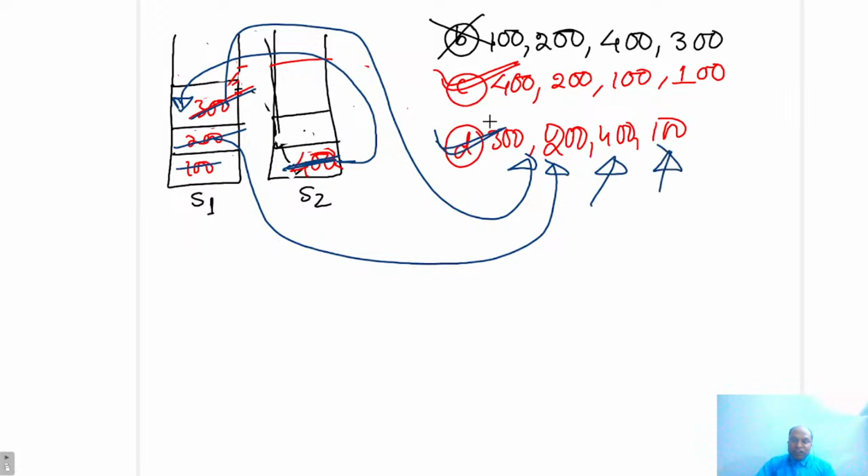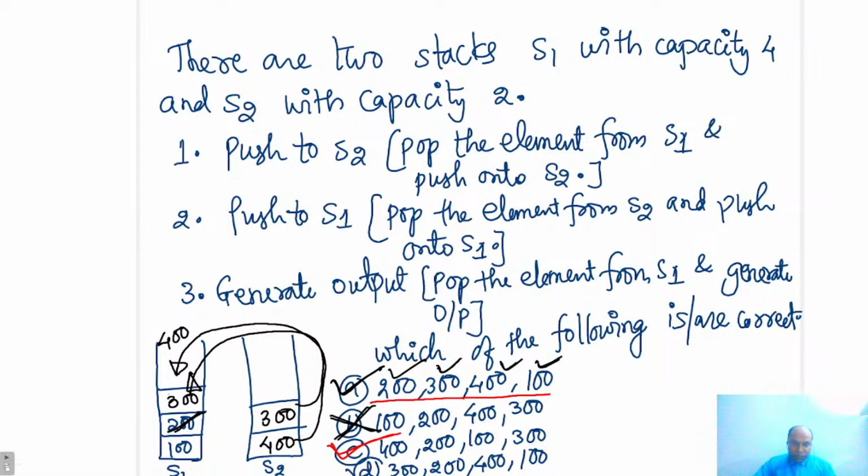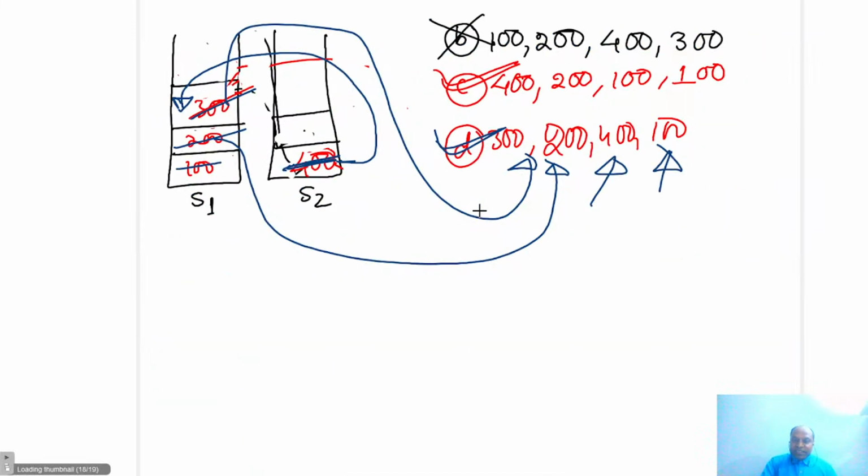That means this particular option is also correct. So option D. So the correct answer for this particular question is option A, C, D. If the data is correct, then this answer is correct. Hope you got this particular answer. Next question is, let's try to check